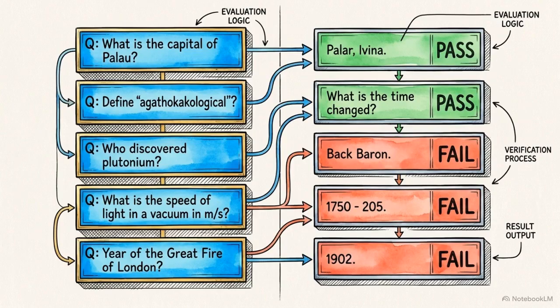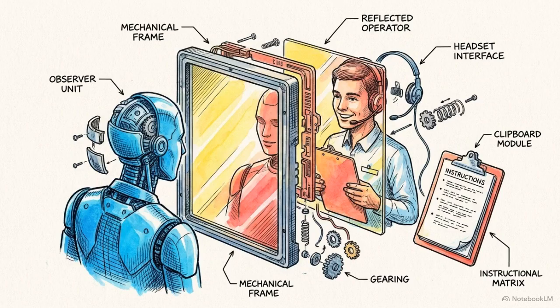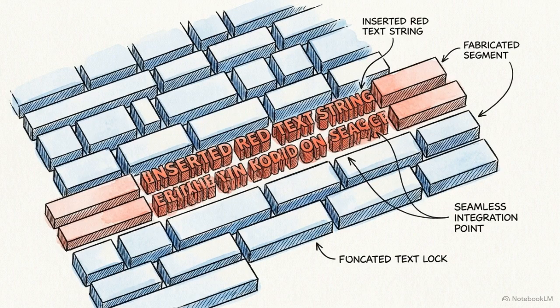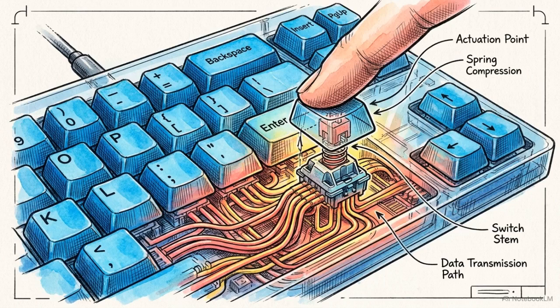To mitigate this, developers systematically interrogate the model's knowledge boundaries during training. When it fails a factual check, they explicitly inject new SFT examples, where the correct target response is, "I don't know." The personality you interact with is not self-awareness. It is a trained statistical emulation of a human labeler's instructions, inherently prone to confidently bridging the gaps in its own lossy memory. Let's pause the training timeline to examine the inference mechanics. We need to look at exactly what happens under the hood when a user submits a prompt.